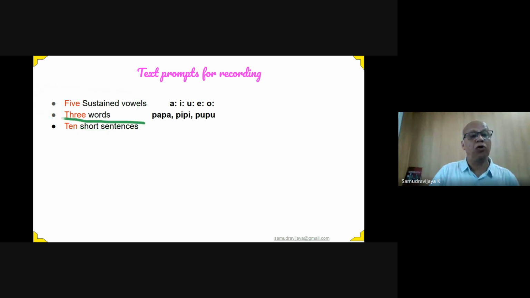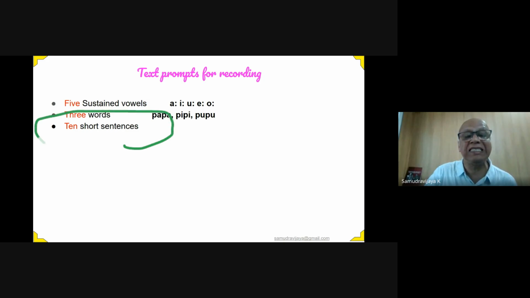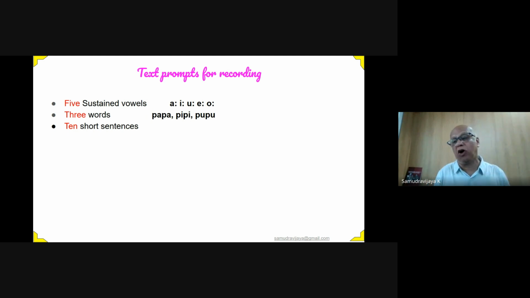Then our goal is to help the people to speak normal sentences, not just words or vowels, but be able to interact with the people who come to meet them and talk to them. So we want our system to be able to recognize not just vowels or words, but sentences. Now, a sentence is a sequence of words. It can be really long or short. I went home, 3 words. Or it can be an extremely long sentence, with 50 words.